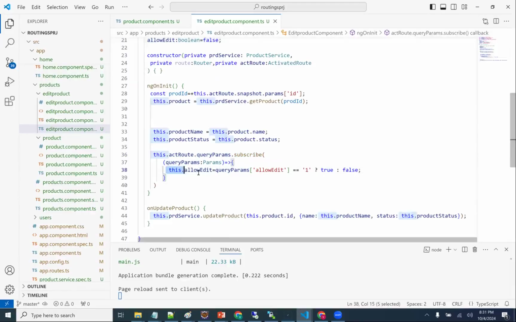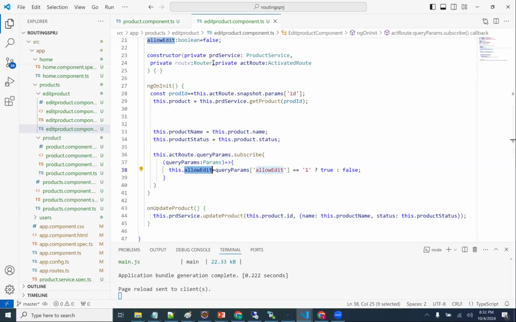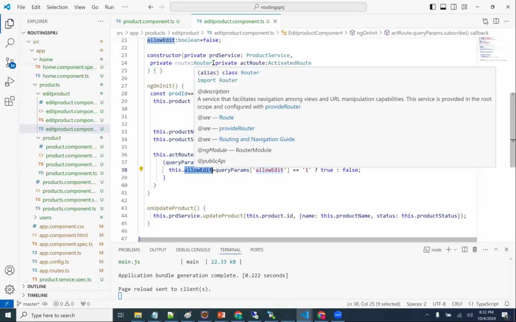What I am doing here, I am capturing this allow edit. If at all I am getting 1, true, else false. This is what I'm doing. Allow edit, I'm getting from where here? From product component to edit product component I'm getting here, right?